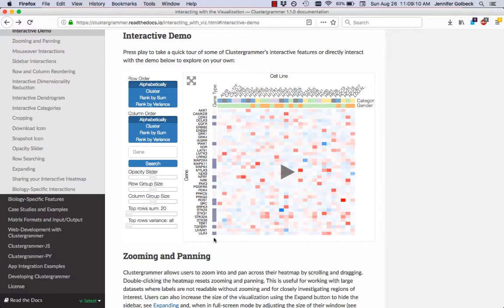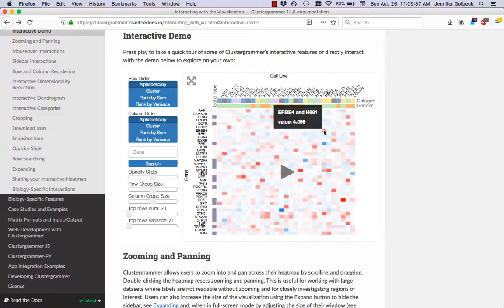We then have one column here that tells us the gene type, and that's basically interesting or not interesting. For the cell line, we also have a couple rows up here. One is going to tell us the category, and the other one tells us the gender of the cell line. Is it male or female? And then in here, we have our cells that are giving us the values for a particular cell line